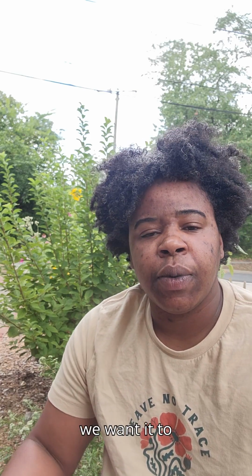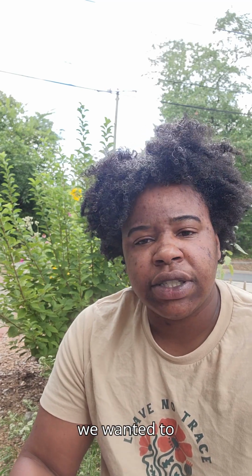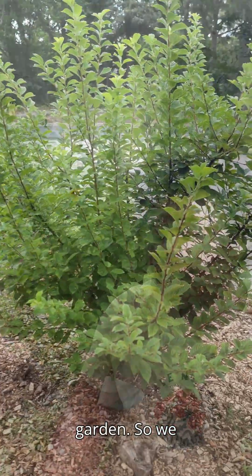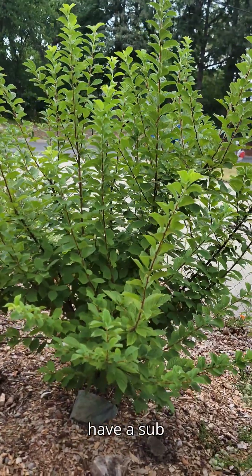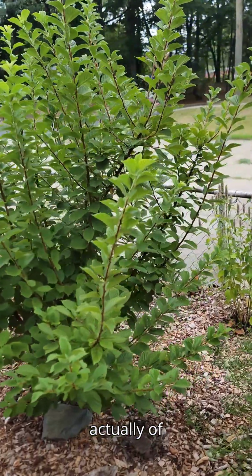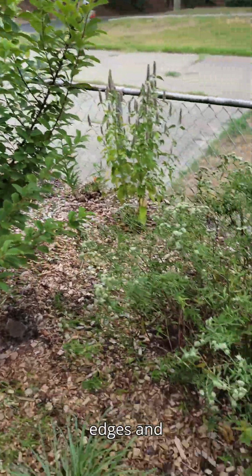So we're at the front. We want it to be beautiful, and we want it to seem intentional, but also wild and flourishing and bright, like a cottage garden. So up here we have a sub canopy layer, a shrub layer actually, of non-native, but along the edges and